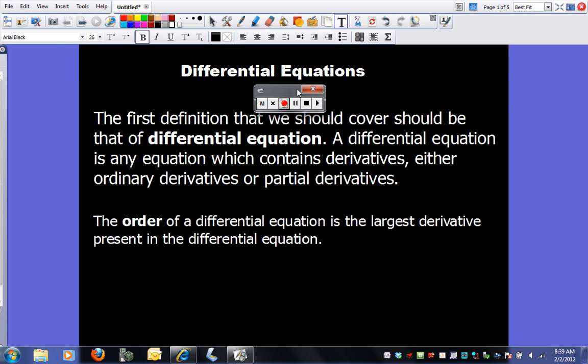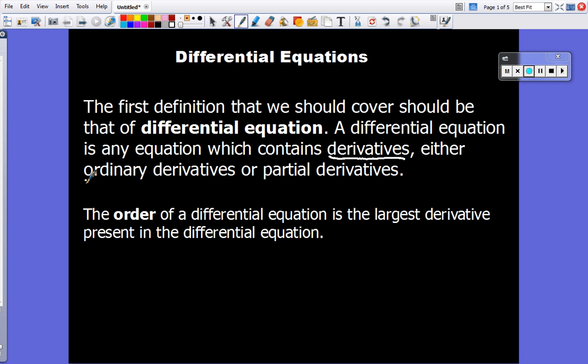Hello there, calculus students, and today on this video we're going to be talking about differential equations, and I have a definition here of what a differential equation is. The first definition we should definitely cover is what is a differential equation. A differential equation is any equation which contains derivatives,